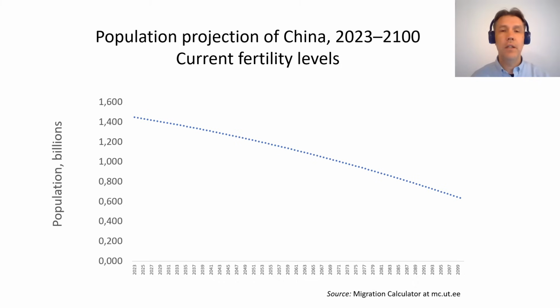And so the important question then would be: would the three-child policy help to change this trend line, or could migration help to reduce the population decline of China? And if so, how many people would China need to bring into the country to keep its population stable? As a next step, I will therefore show you the population projections that focus either on fertility or migration in keeping China's population on its current level.